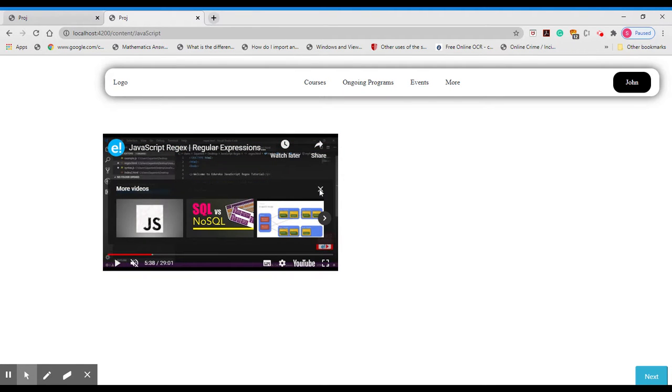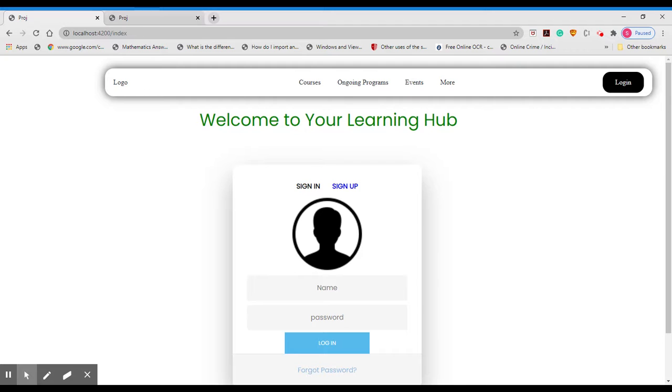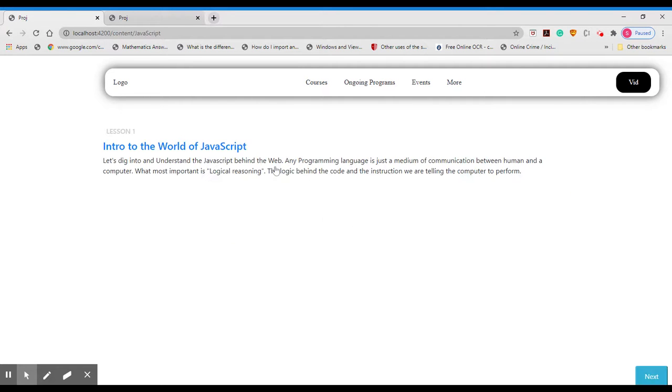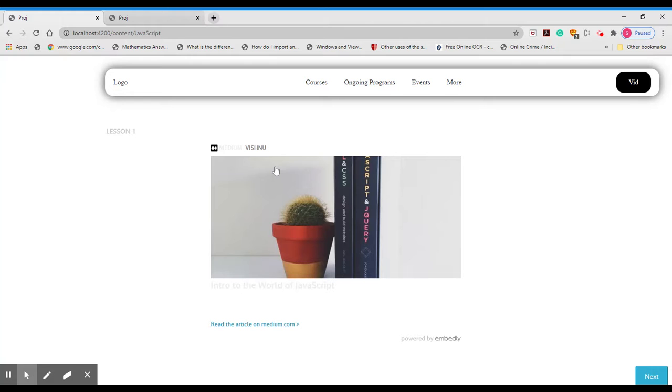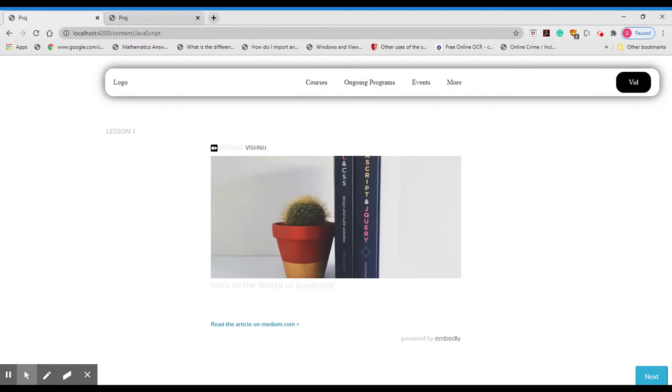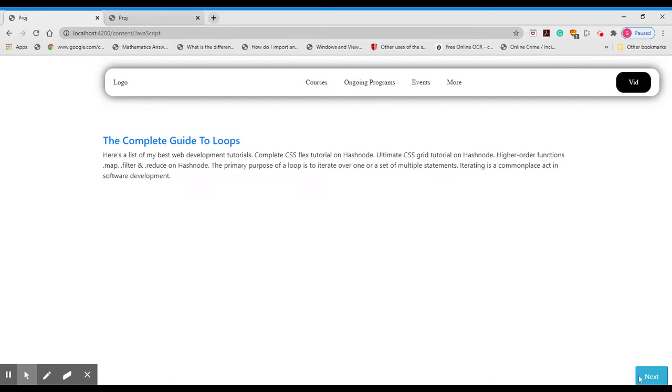So I think let's see this for a different user, how this works. Let's say we have a user already registered. This user has already registered for several courses. Let's start with the same course, JavaScript. As you can see, it has recommended an online blog for lesson one for our already registered user. For this different user, a different model is being trained. So let's quickly move to the next lesson.